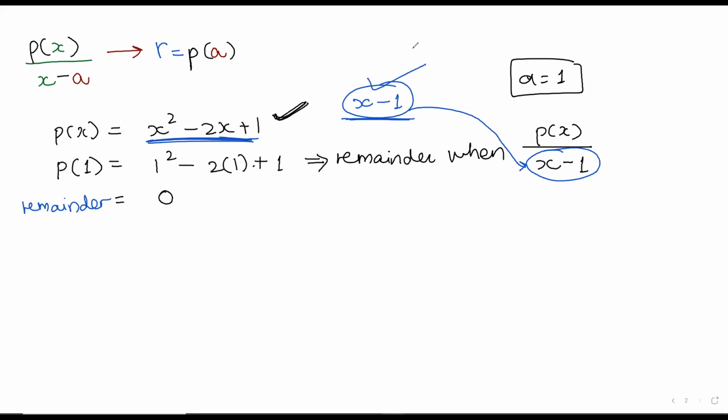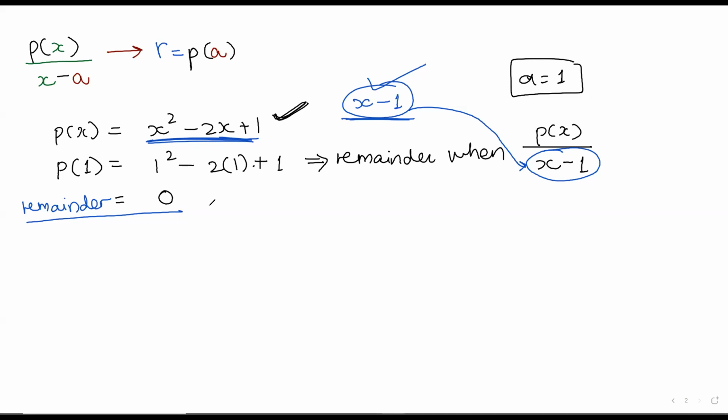That's right. But after calculating the remainder through the remainder theorem and the remainder came out to be 0, what does that tell us about the two polynomials which we have divided with each other? Ma'am, when we divide the second polynomial by x minus 1, the remainder will be 0. Yeah, the remainder will be 0. What does that mean? Does it tell us something about them? x minus 1 is a factor of x square minus 2x plus 1.